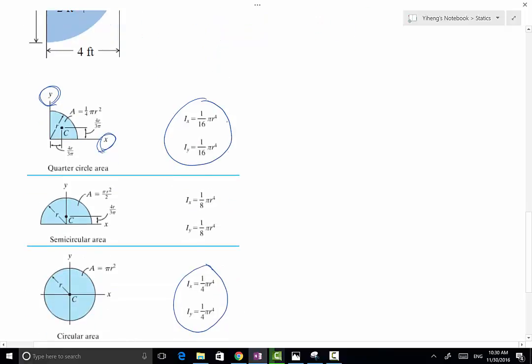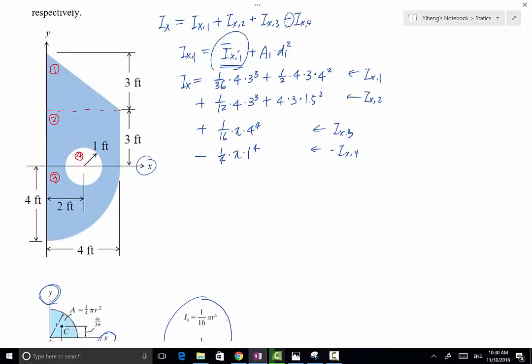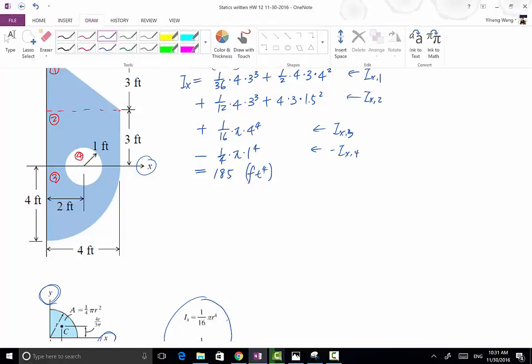That will be 1/4 pi r to the 4th power. So that's 1/4 times pi times the radius, which is 1 foot, raised to the 4th power. So this is my minus Ix4. So now we have everything set up. All we need to do is to evaluate. So this eventually evaluates to 185 in the unit of feet raised to the 4th power. So that's our first